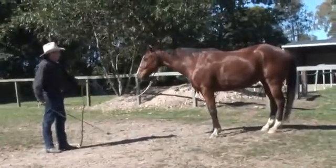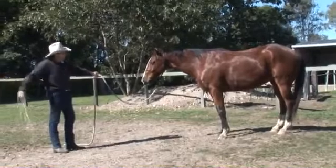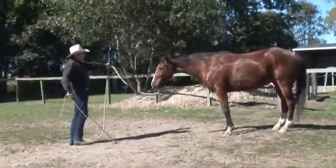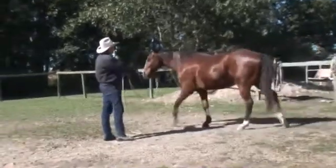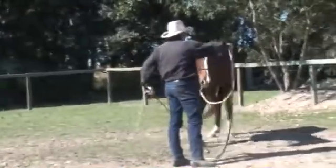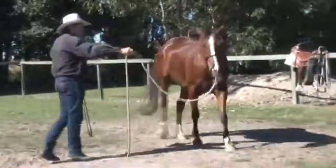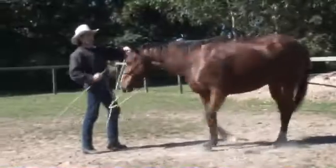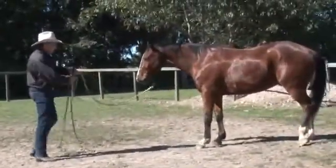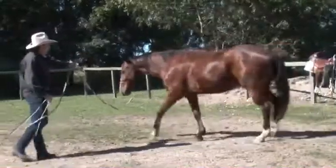Okay, Major. I'm going to walk backwards in a straight line towards the other end of my area here. I'm going to ask him to step this way, and his job now is to follow the feel of this lead rope and not run off. Follow the feel of that. My job is to protect my personal space and make sure I offer the direction that I want him to go. So that way,